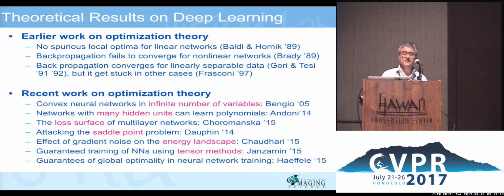And so it wasn't until maybe 2005 that people started to observe a very interesting phenomenon. And this was the paper from Bengio in 2005: if the number of variables grows and grows and grows, eventually you get some sort of convexity. I'm hand-waving here a little bit, but the idea is that you can get convex neural networks if you have an infinite number of variables. This was done for networks with a single hidden layer, and the number of variables here is just the number of hidden units in that single hidden layer.